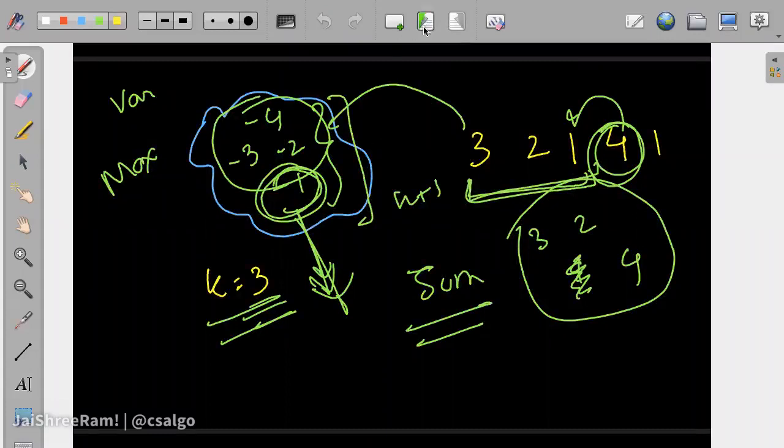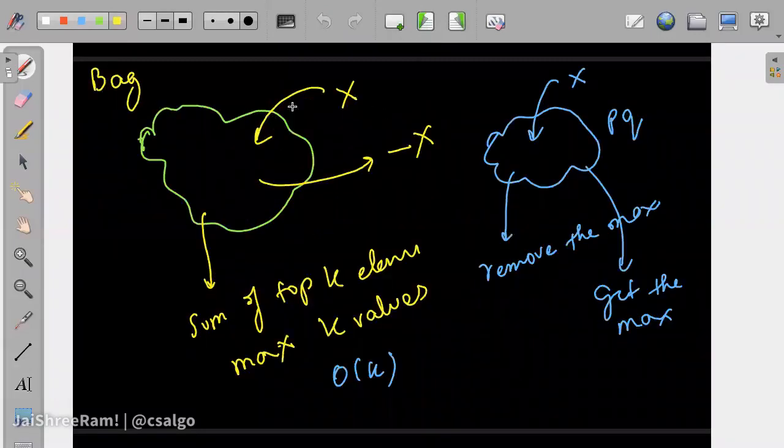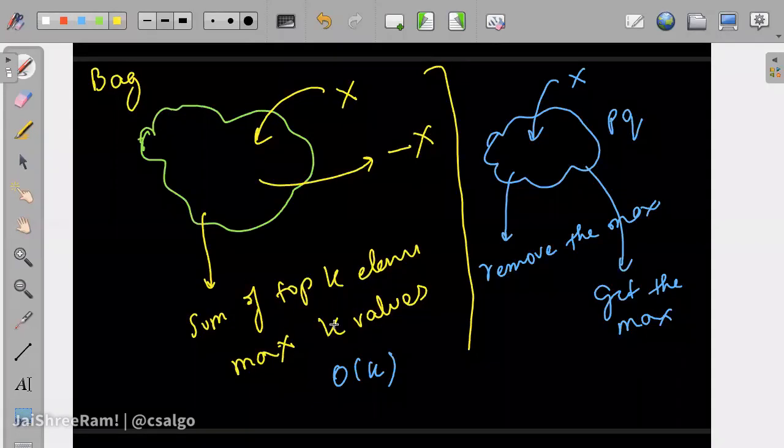So this will be some problem that you can think about. We can take up this one in the next session, or you can even ask about it if you want to. Exactly this variant is there in the practice problem, so you will have to solve this one. If you have to insert some particular element, remove some element given to you, and you have to maintain the top k sum as well.